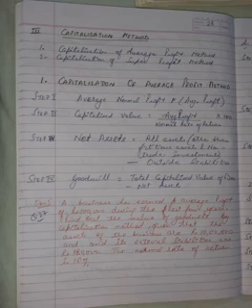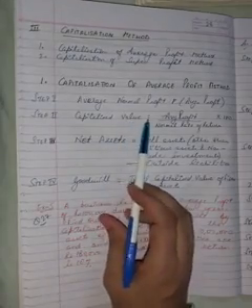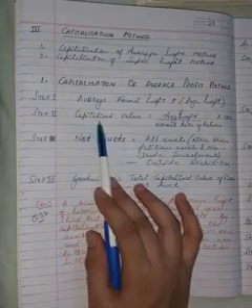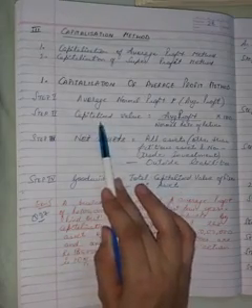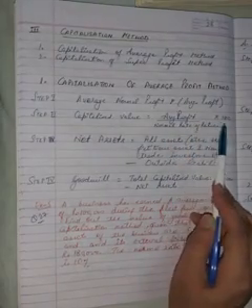In the capitalization of average profit method there are some steps we need to follow. First, as in the earlier method, we need to find out the average profit. The same average profit you have to use here also. So first is average profit, second is capitalized value. This method is different from the last two methods. In this method we need to find out the capitalized value. So what is it? Average profit upon normal rate of return into 100.